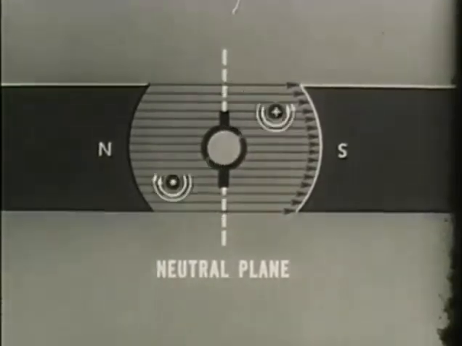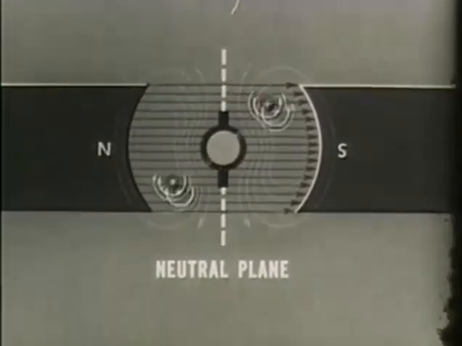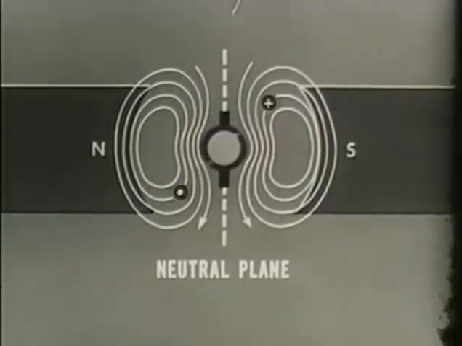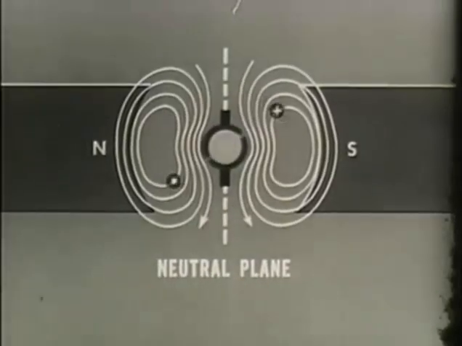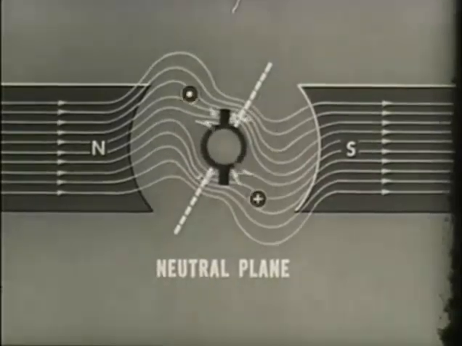But the current flowing in the armature loops or coils sets up a magnetic field of its own. Nah, tapi suatu konduktor yang dialiri arus listrik, dia juga menimbulkan magnet juga, menimbulkan medan magnet juga. Semakin besar arus yang mengalir, semakin besar medan magnetnya juga. This magnetic field interacts with the main magnetic field and distorts it. Akhirnya